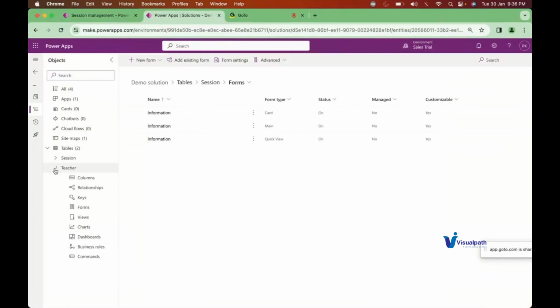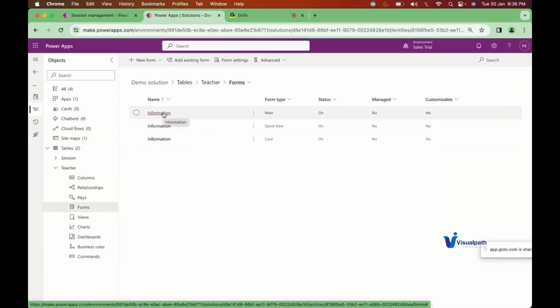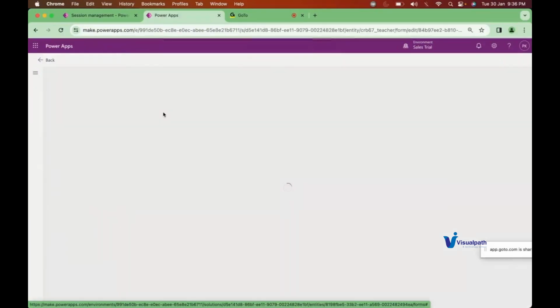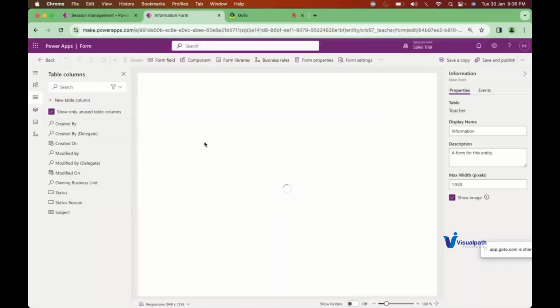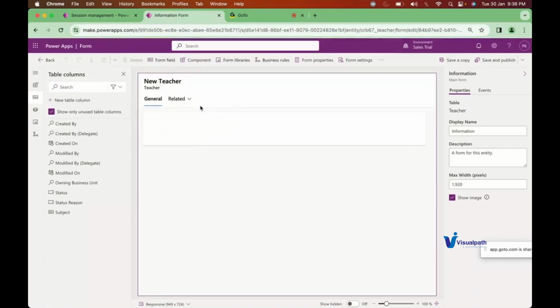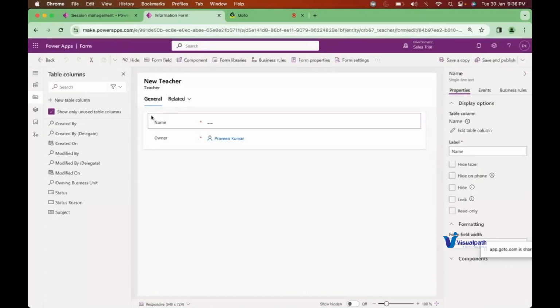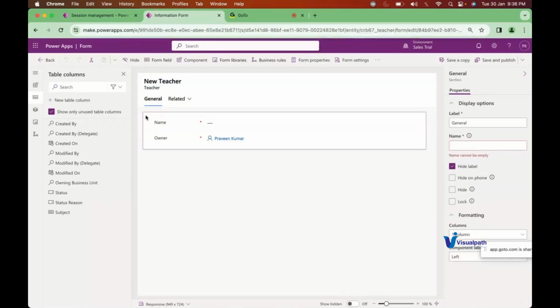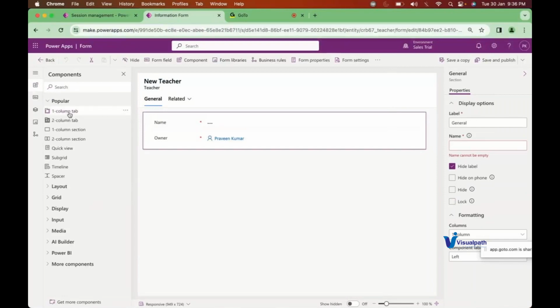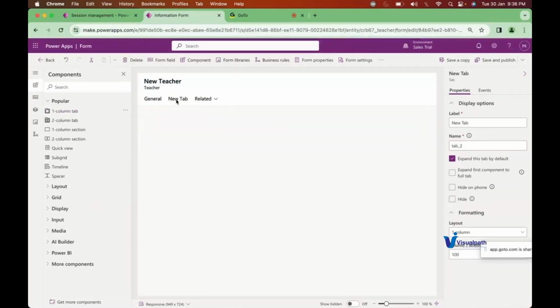Meanwhile, on the teacher table, let me add a list of sessions. So how can I add it? I just have this open. So this is the general tab. Let me create one tab for